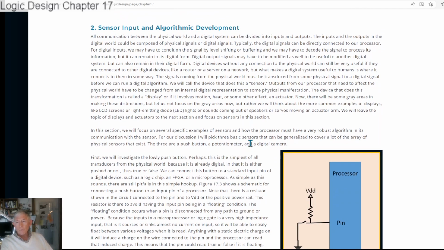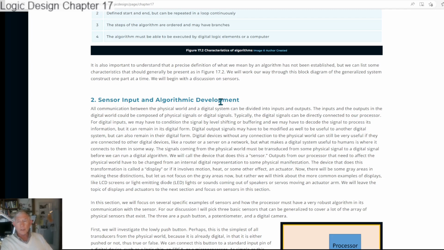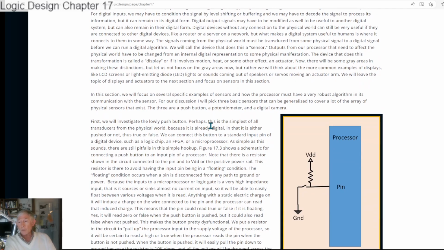Okay, so we're going to talk some about sensor input and maybe a little bit about some actuators. Of course, this is a huge topic. It could cover just a tremendous range of things, and many of the things that this might cover have potentially very complicated theory about how to use them in some of the more optimized ways. But we're going to just take a very pedestrian approach here. We're going to look at some really simple things first, and then we'll sort of scale those up a little bit. So the first thing I want to talk about is